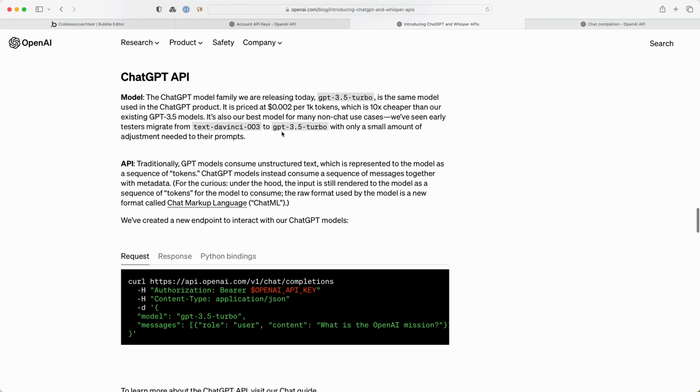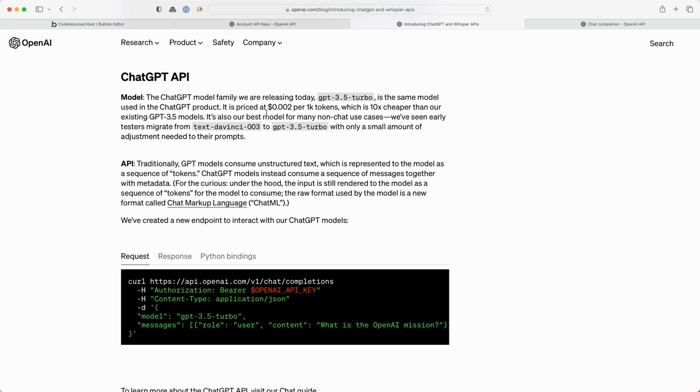It is that before March 1st, any web apps or mobile apps that were using OpenAI's text generation were using this DaVinci version 3. But now we can use GPT 3.5 Turbo, and it is 10% cheaper than DaVinci version 3. So this is just a huge advancement in what is possible, what you can do on a budget with OpenAI